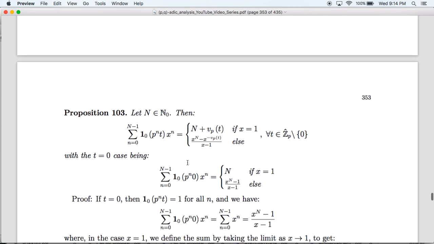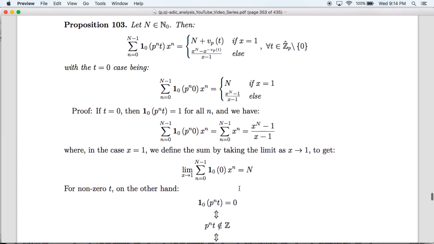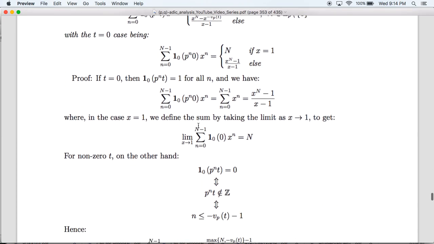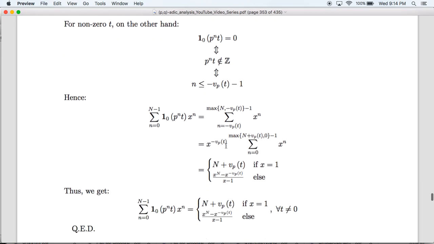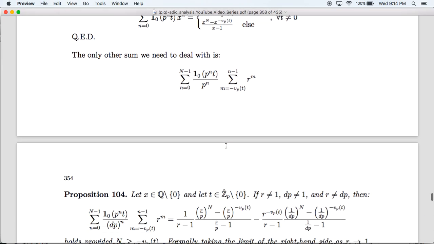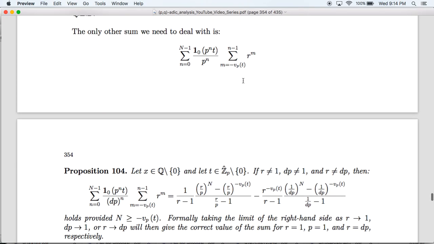And in particular, when t equals 0, we get that this is going to be n and x to the n minus 1 over x minus 1, respectively. And the proof is very straightforward. Again, it's about keeping track of the values of n for which p to the nt is a non-integer. And so the only other sum we need to deal with here is this thing. And so we get